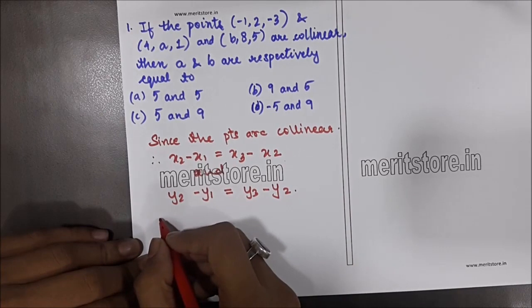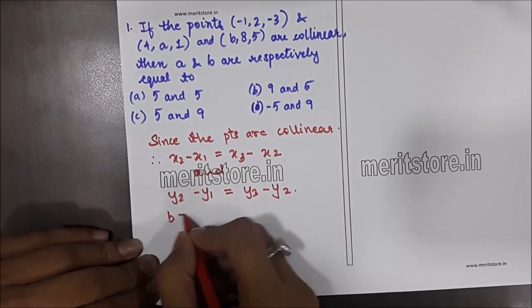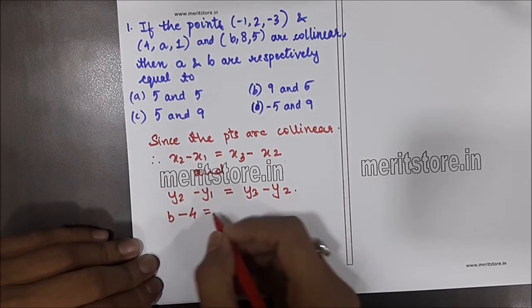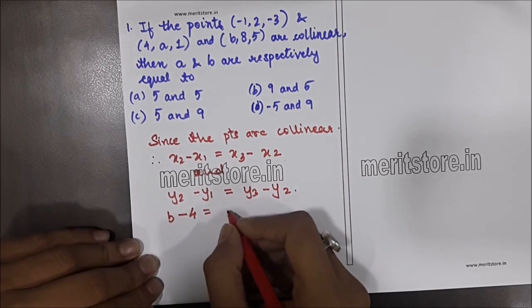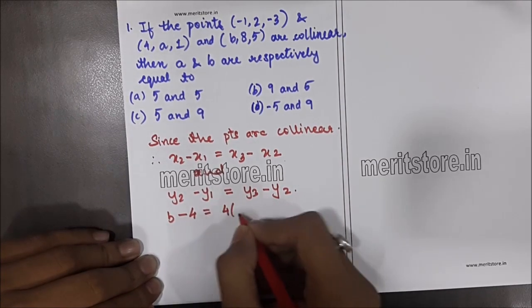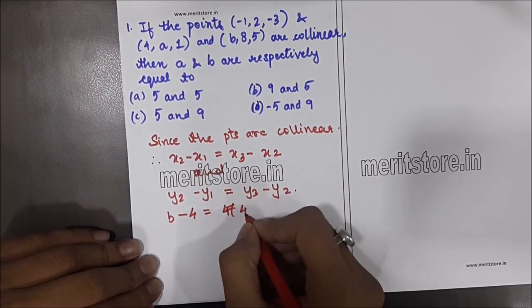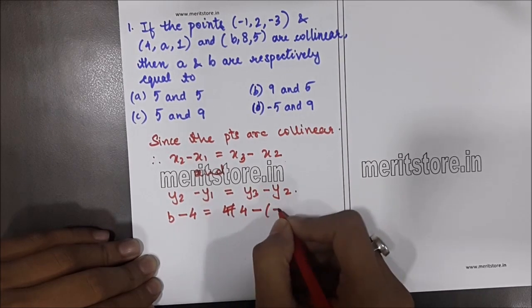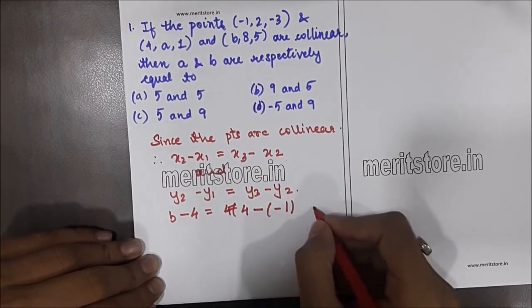Substituting the values, we would get b minus 4 is equal to 4 minus -1 and